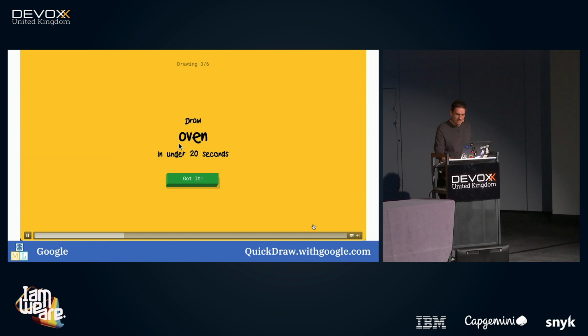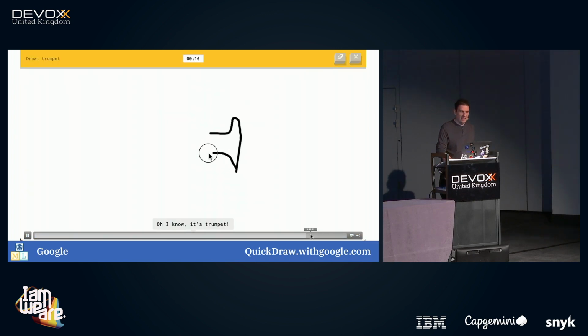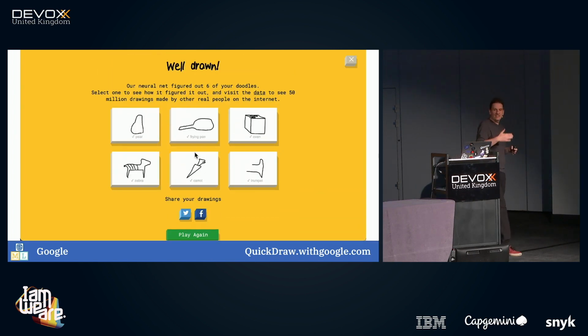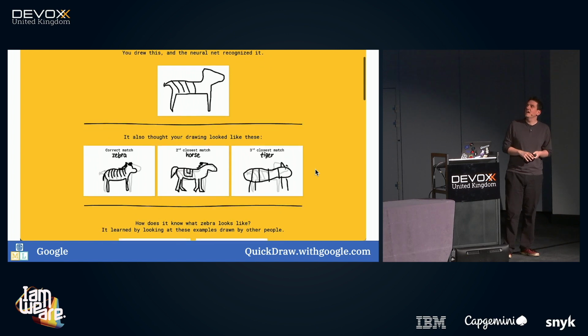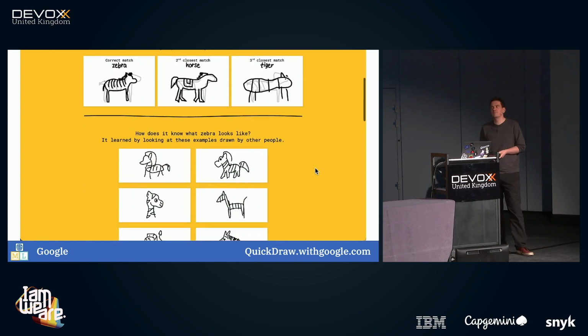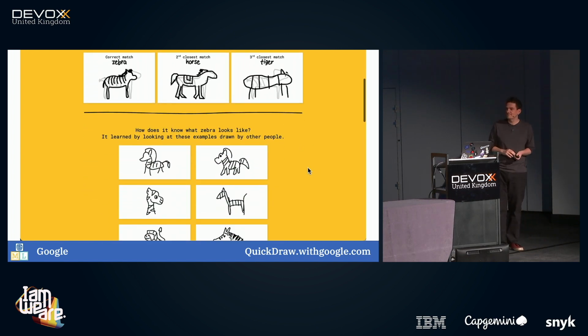And if they get to the end of all of them, they can compare. It shows them why it recognized them, it shows them what it's been trained with and shows them what other things it thought it could be. So like I say, really quick and simple, but it's a nice one to end a lesson with.